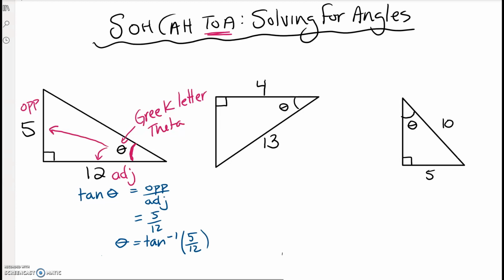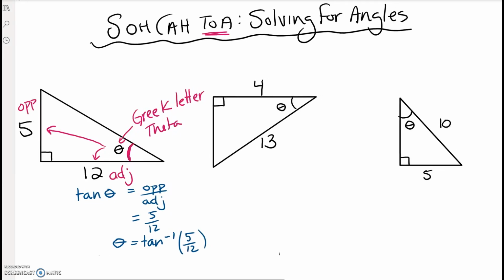To type this into our calculators, we can type in shift and then tangent, bracket 5 divided by 12 equals. For those of you that have backwards calculators, you're going to type in 5 divided by 12 equals and then shift and tangent. And if you try it right now, you should be getting an angle of approximately 22.6